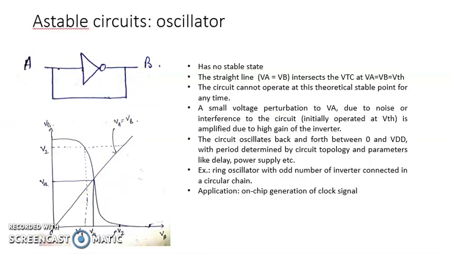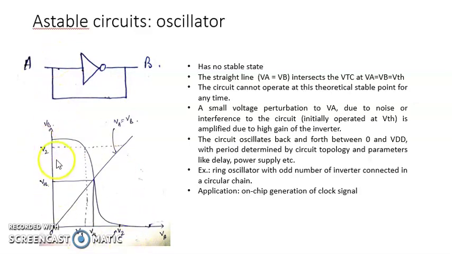Till now we have discussed sequential circuits of the type of bistable device that can store either a 0 or a 1. Here I have shown a circuit that is also a sequential circuit, but the circuit doesn't have any stable state and is called an astable circuit. The circuit keeps on oscillating between 0 and 1. An inverter is taken and the output of the inverter is connected to the input directly.